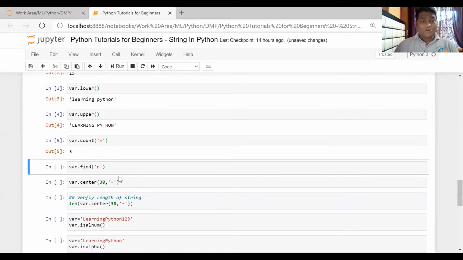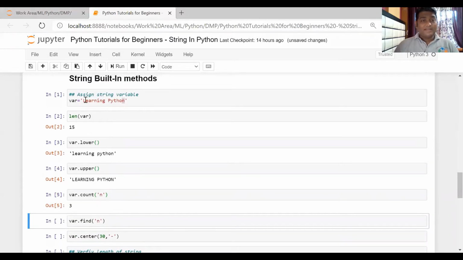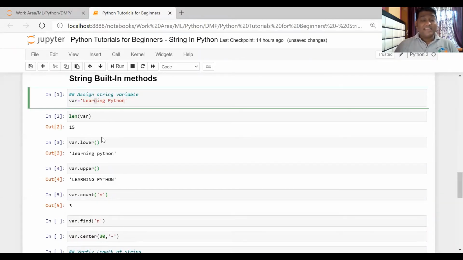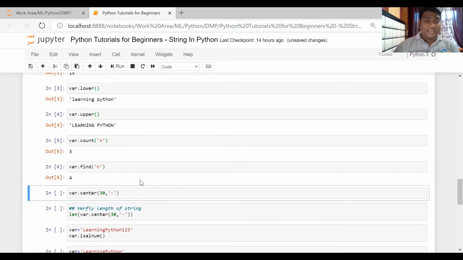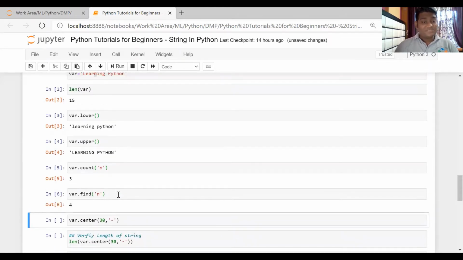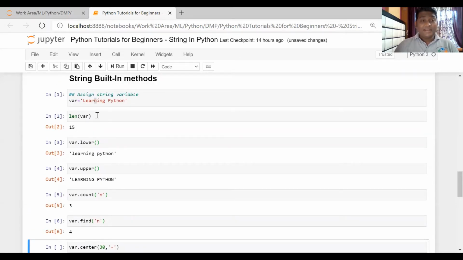Now suppose you want to find a particular character, say n, at what position it is there in the variable, or whether that character exists in the variable or not. If you use the find method and give the character n, it returns the index at which this character is present.